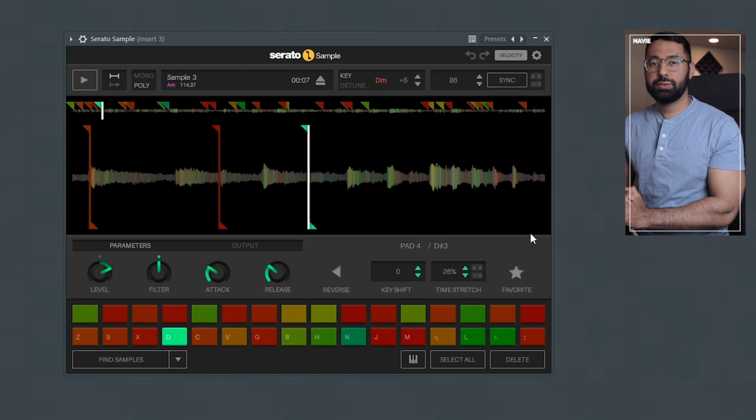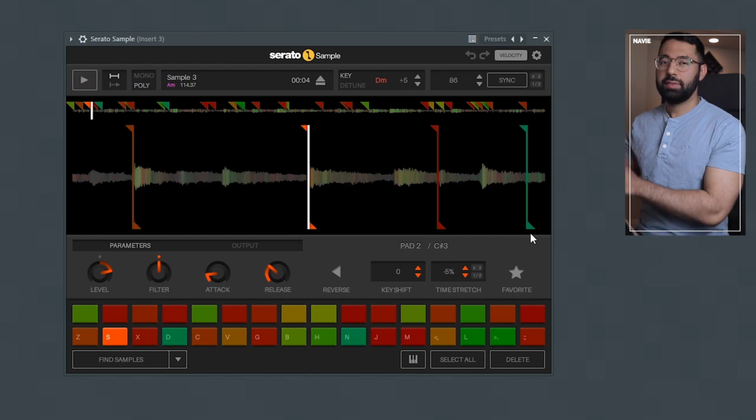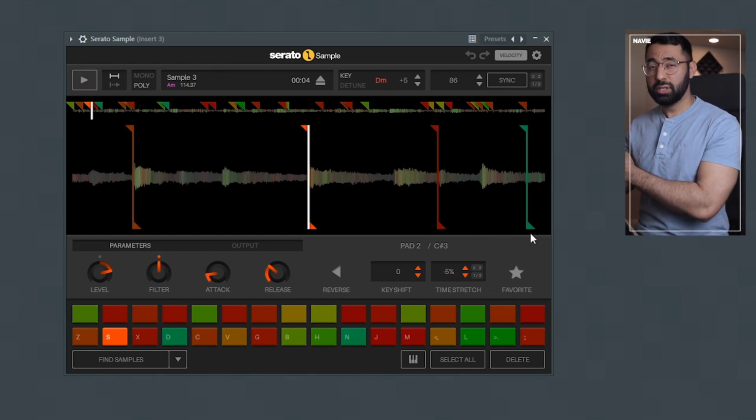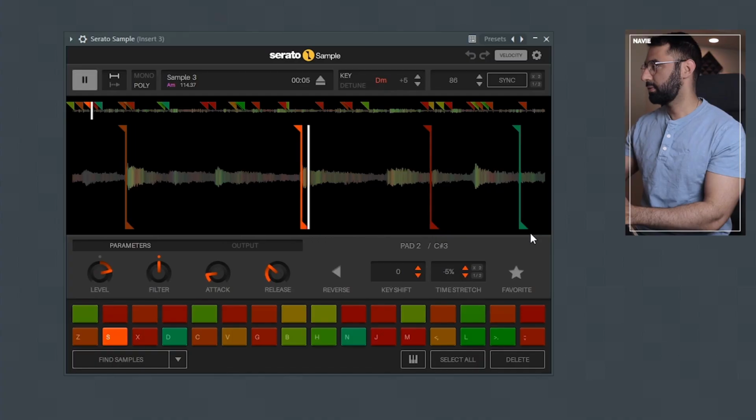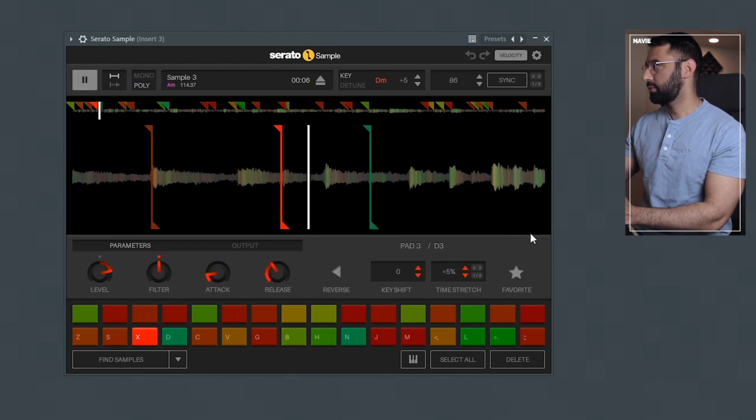Going back to that first example, to build this, I scoured through different parts throughout the sample and I found this chop here. This is where I started. I listened to those lower notes like I mentioned before. Then I found other parts of the sample that made sense with this initial chop. So you can hear the underlying bass notes all made sense musically speaking when played one after another.